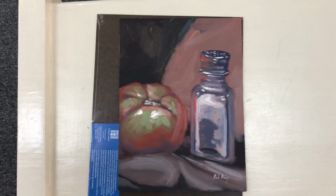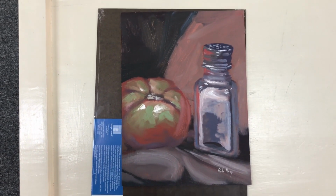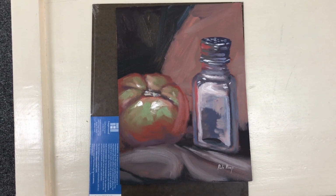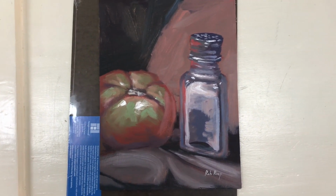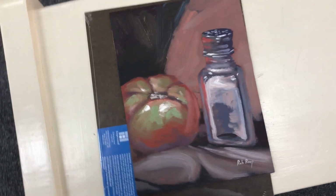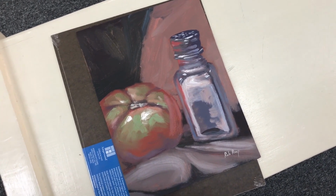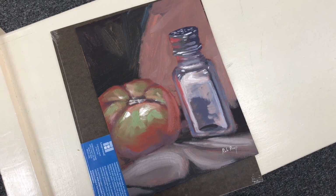So obviously, art is something that I think we're all affected in different ways by. But for me, I like to paint things that I'm familiar with, things that inspire me, things that have been part of my life. And certainly, I'm not a huge tomato eater, but I eat them for about 1 month during the summer, from June to July, and it's these Bradley County pinks that are so good,